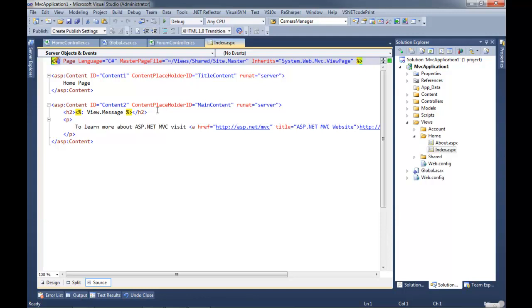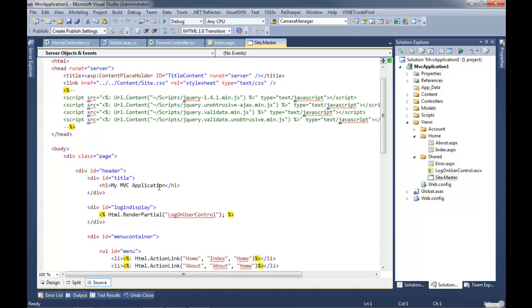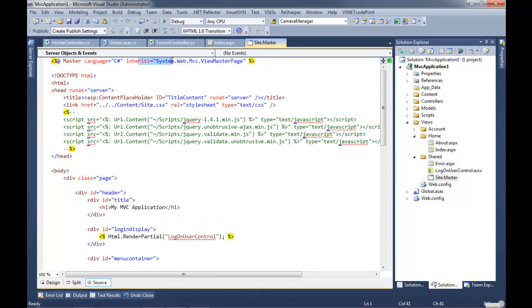Yep. And we see pretty much exactly what we saw before. In fact, we can put ASP.NET Web Forms controls here. They just won't work properly, or at least almost all of them won't, because we don't have a ViewState. You'll notice that the master page file is our site.master, and this will look like it did before. The one thing you'll notice is the inherits, because remember, ASPX files and master files are classes. So this inherits literally means the class that gets generated inherits from this. In this case, it's System.Web.Mvc.ViewMasterPage.